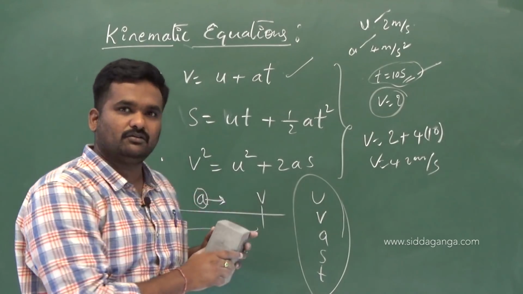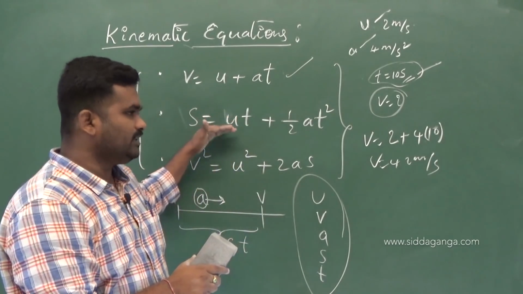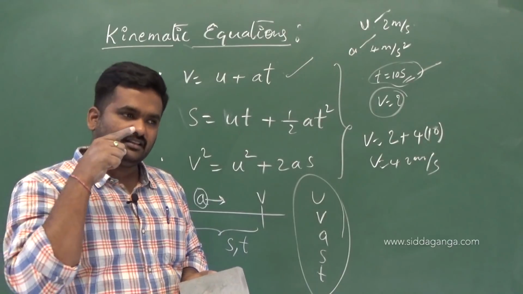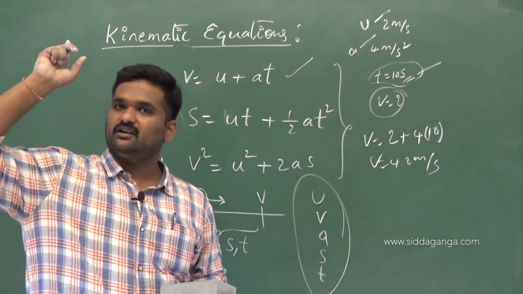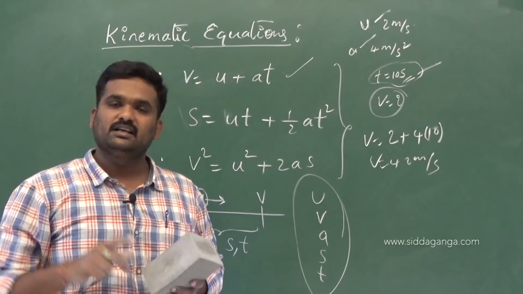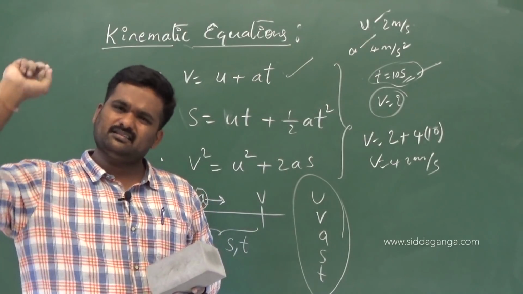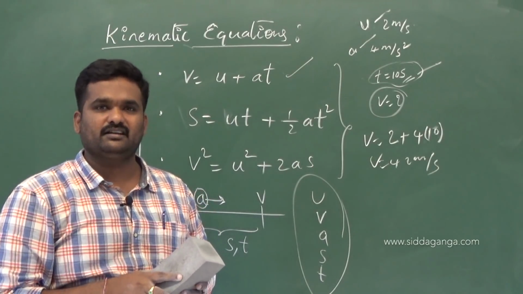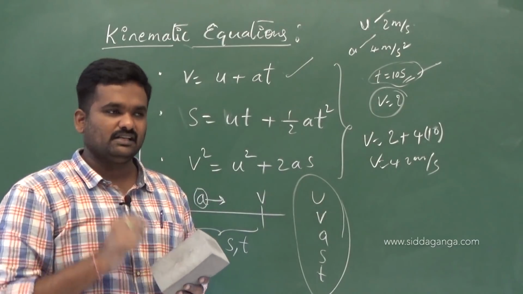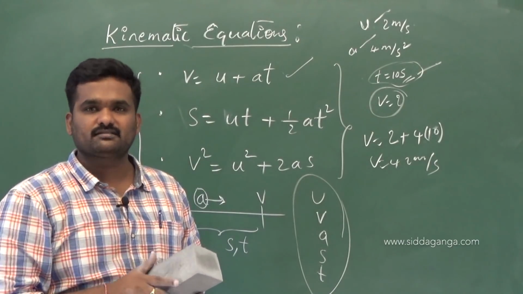Likewise, how we have derived this equation now, we have derived it for a body which is moving with uniform acceleration only. There it may not be uniform acceleration in rocket propulsion. It may be some other value. How it is, that is a different case that we have to study whenever it comes. We have to study that also in our syllabus, in the future, and we will discuss that also.